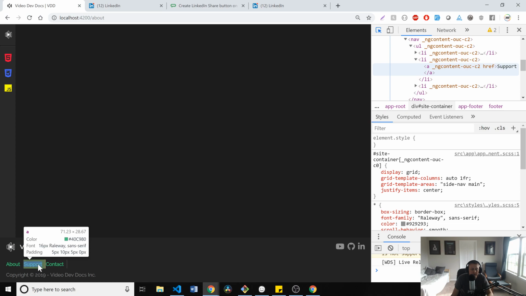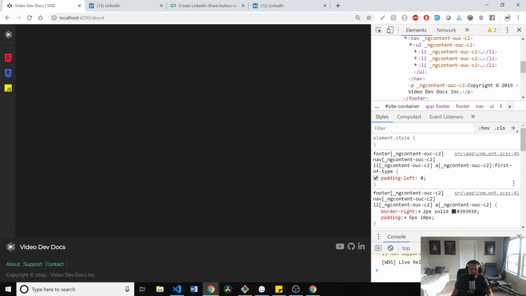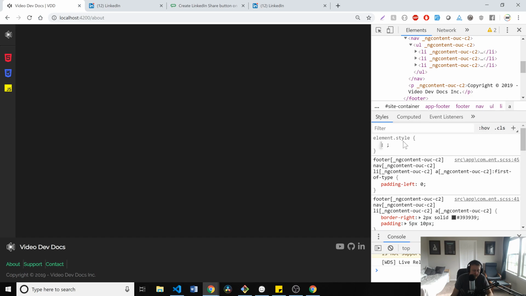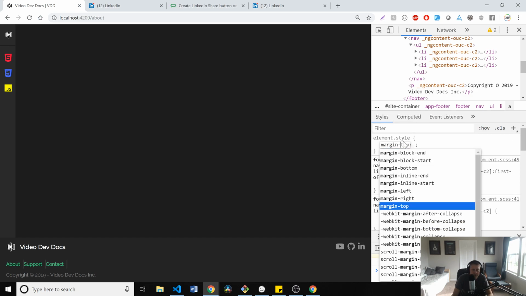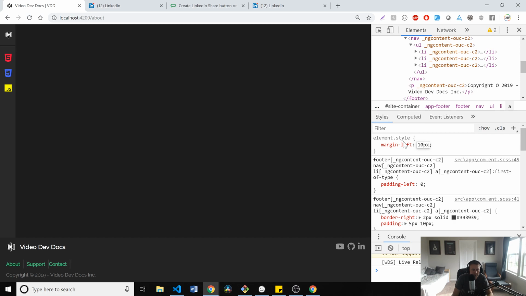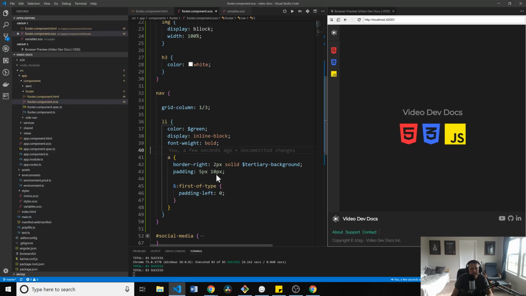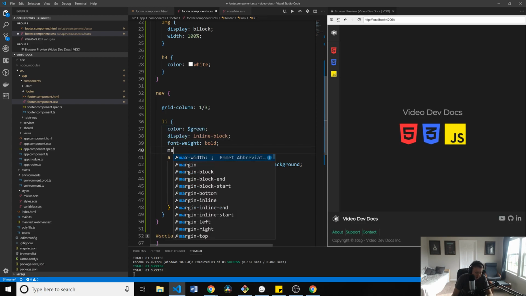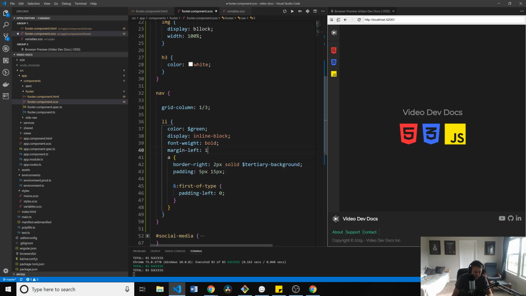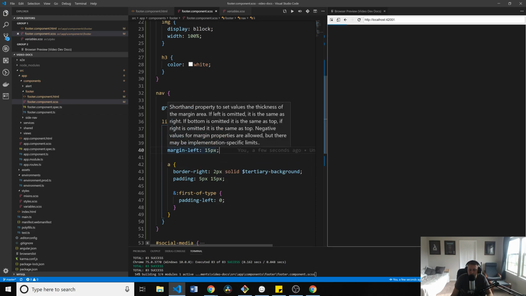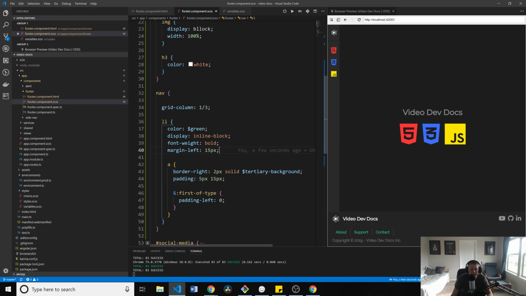So I think we need to add some margin. Margin-left 10 pixels. Yeah, maybe a little bit more. So we'll do something like 15 pixels. Then on here, we'll do margin-left 15 pixels. But again, we're gonna have the same issue, so we have to do